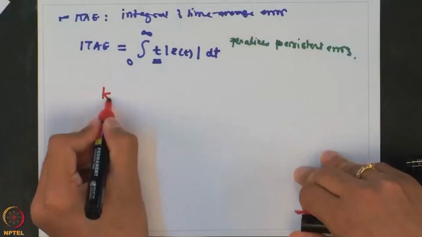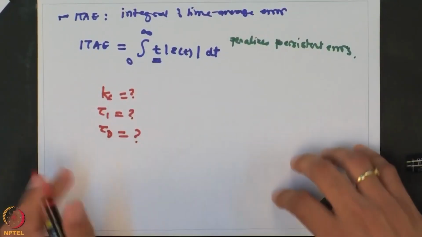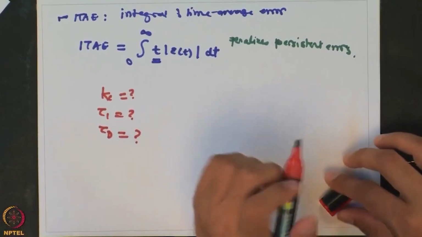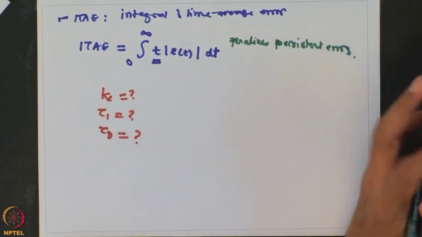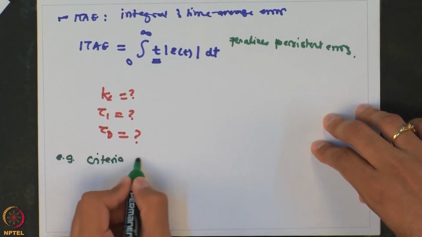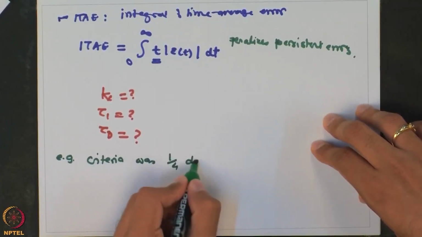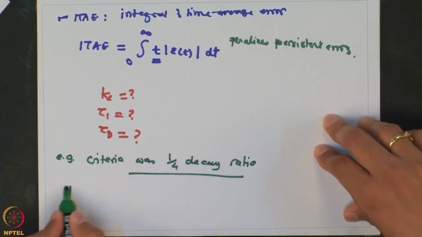between having a criteria and the end goal of finding what are the values of controller parameters. We have not at all seen how this is related to tuning the controller. So what you end up doing is you select a criteria, and then accordingly, let us say if your criteria was, so for example, criteria was quarter decay ratio, then we know that decay ratio